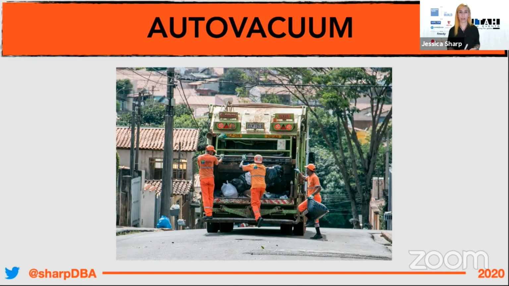Now, if you do vacuum full, which is something you have to manually kick off unless you've scheduled it in something like cron, then it's kind of auto, but it's still vacuum. Auto vacuum is the Postgres one that kicks off automatically and thinks it's smart enough to go. And usually it is smart enough.